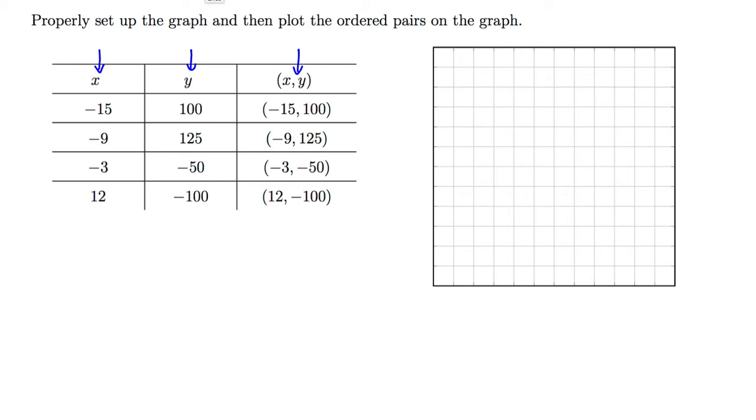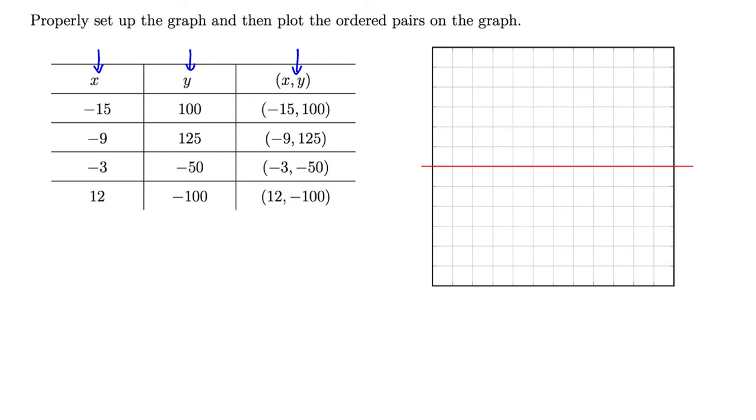We can begin by drawing the horizontal axis, and then drawing the vertical axis. And now that we have the axes, we need to scale them, label them, and put arrows. So quickly putting arrows on at least the positive ends, seeing that I am again working with x and y, I label my axes horizontally x, vertically y. And now for the scales.